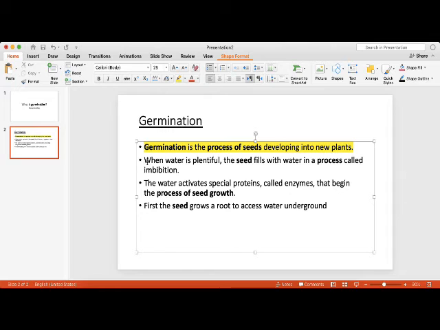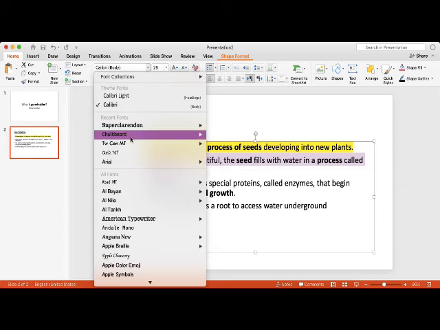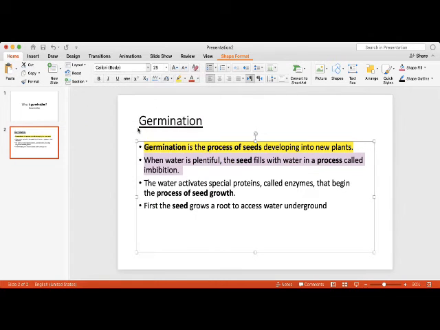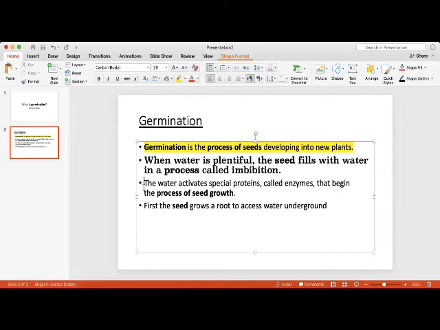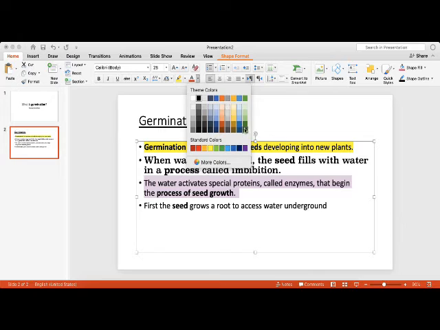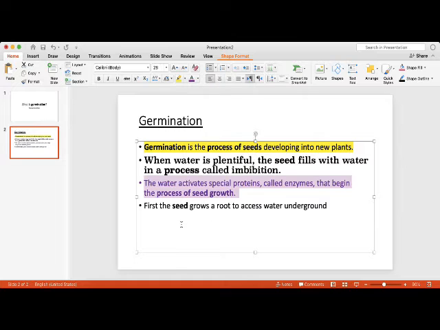Now I want to change the font style of this text. First select the text, go on this button that is font style. You can choose whatever the font you like. I want to change the color of my text. First select the text, then go on this button A with red underline. You can see that this is font color button. Click on this small arrow. You can have lots of different colors. Select the color of your choice. I want to use this purple color.